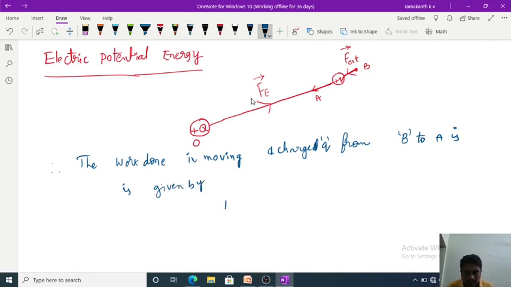So we are bringing the charge from point B to point A, therefore W_BA is equal to